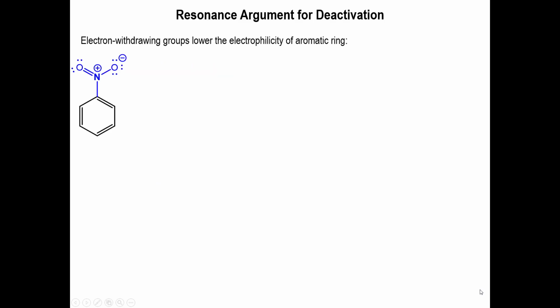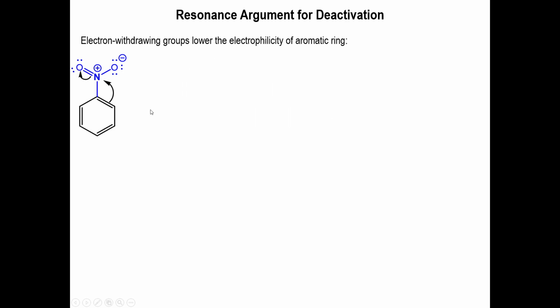All right, so to highlight that idea, I'm going to use the nitro group, and it has to be drawn out completely, right? So you cannot just leave it as NO2. You have to draw it completely with structure, because I'm going to show you right now via resonance how these things deactivate electron density. What you can see right here is that in the case of the nitro group, you do have that formal positive charge on the nitrogen, which is enough for the pi bond of the benzene ring to move over towards the nitrogen. And at the same time, you break the pi bond between the nitrogen-oxygen segment here on the